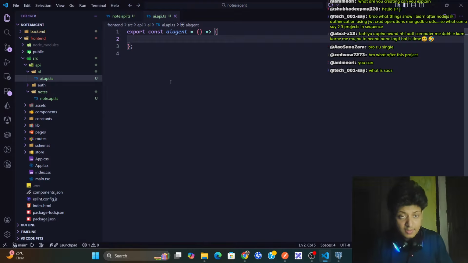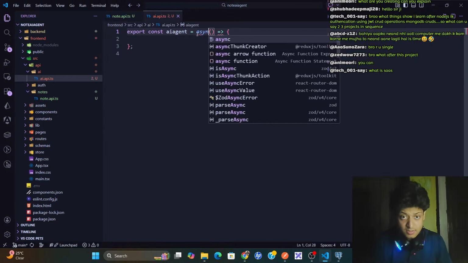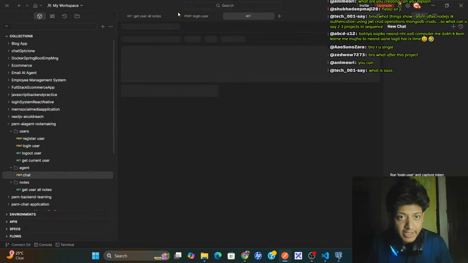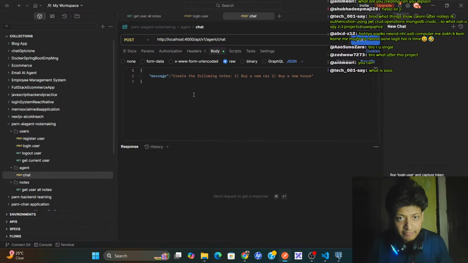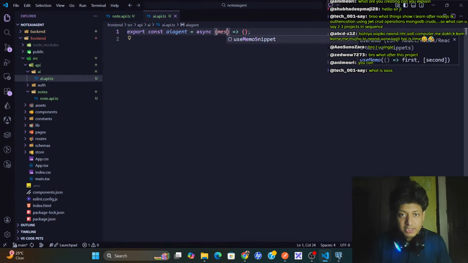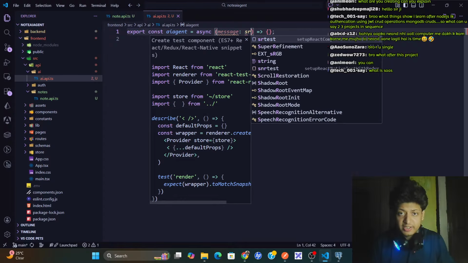And here it will be async. And in my agent part, what are we sending in the body? Okay, fine, agent slash message. Okay, so here I need to get the message, which is a string.